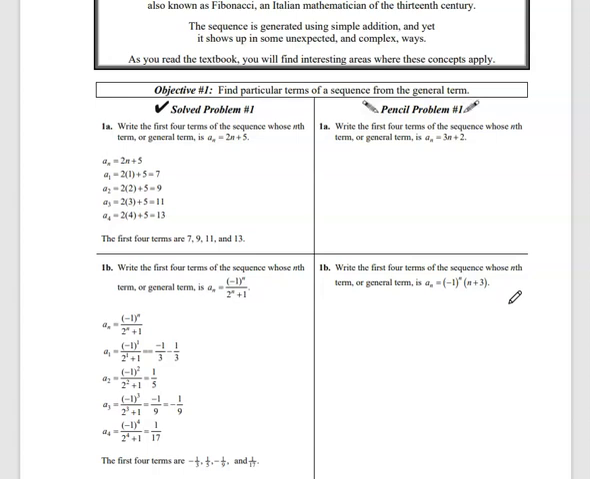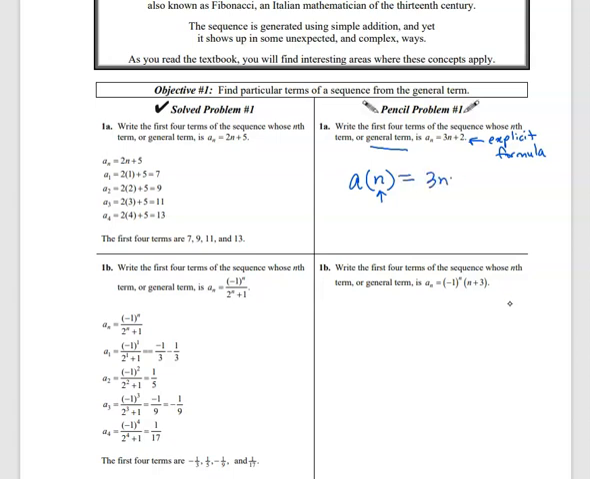Right here, we're going to start with a sequence. We're supposed to write the first four terms of the sequence whose nth term, also sometimes called the general term, is a sub n, or a_n, equals 3n plus 2. We also have a name for this type of formula for a sequence, which is called the explicit formula. The explicit formula is very similar to functions, where we even could write this as a of n,